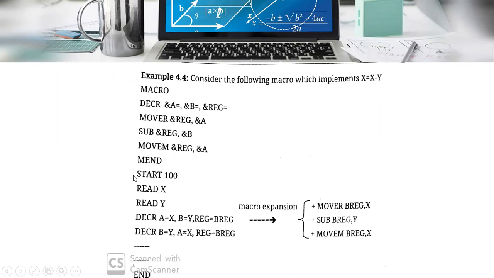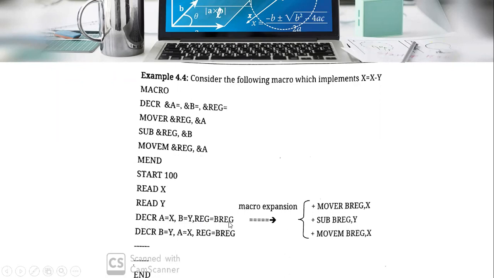Okay, now we can start our assembly program, that is start 100. We consider the location counter or memory address from 100. Read x, read y, this is not our matter. We consider the macro call statement, that is decr. We use here a equal to x, b equal to y, and register value will be considered